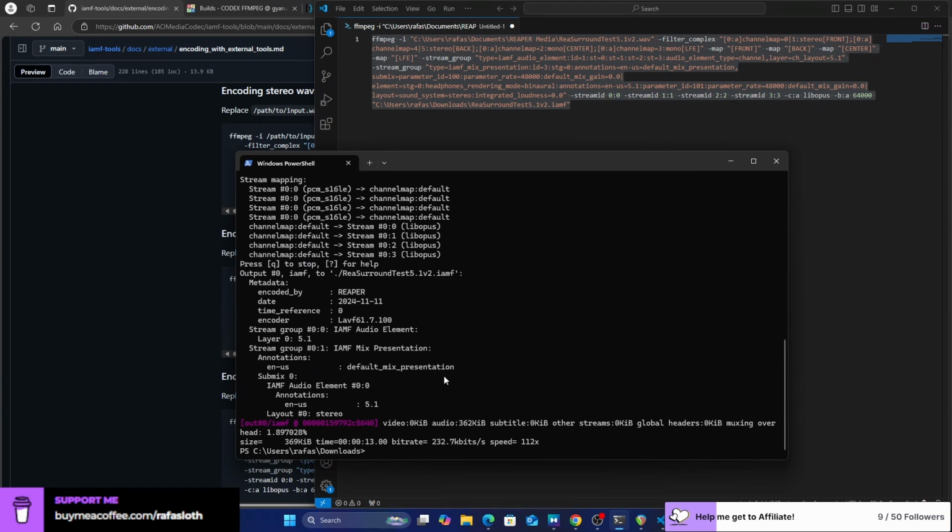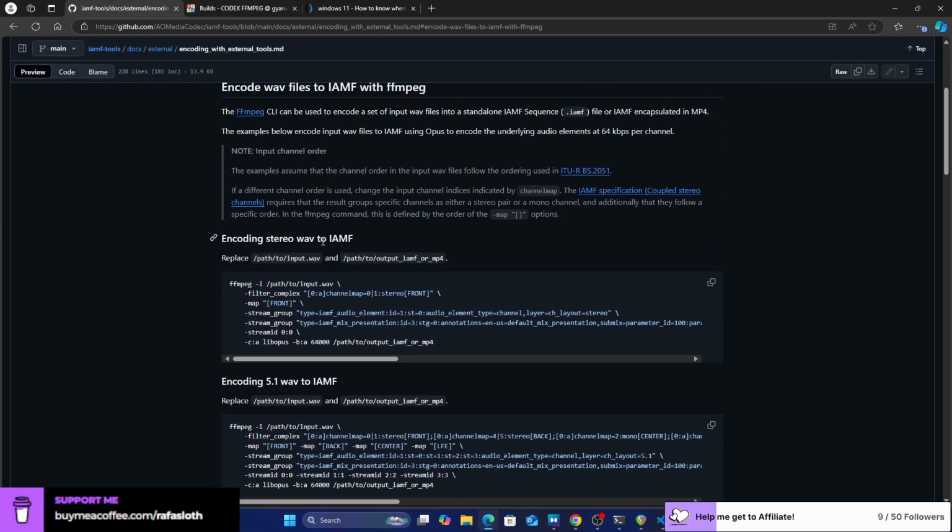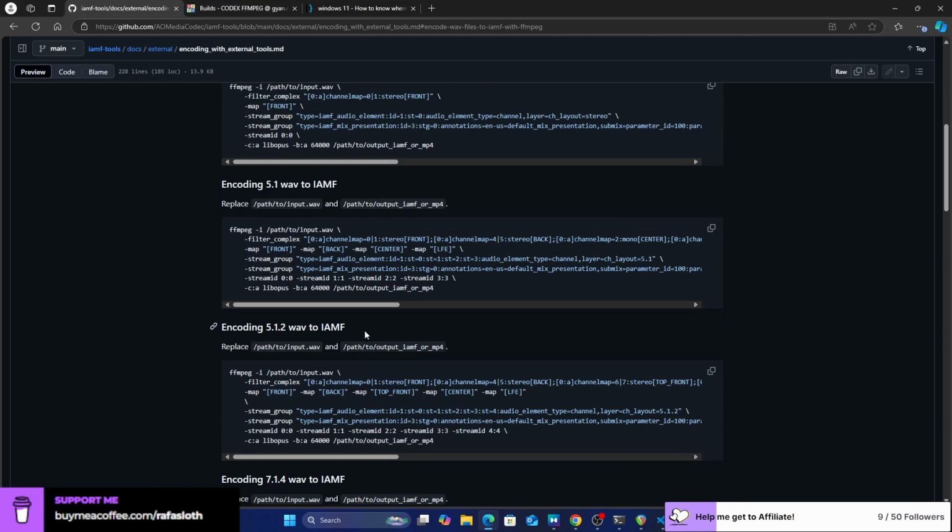Okay, something like that. Anyways, as they say, here it creates a binaural, two channels. The 5.1, the original 5.1 just maps it to IAMF.